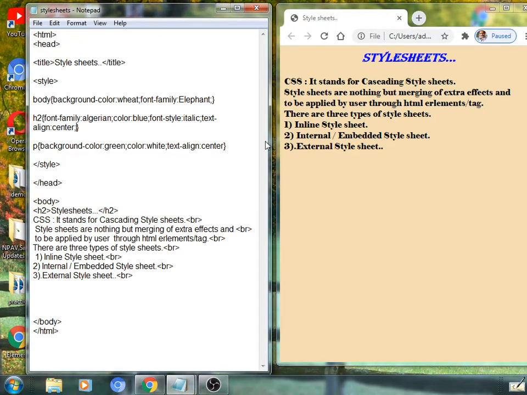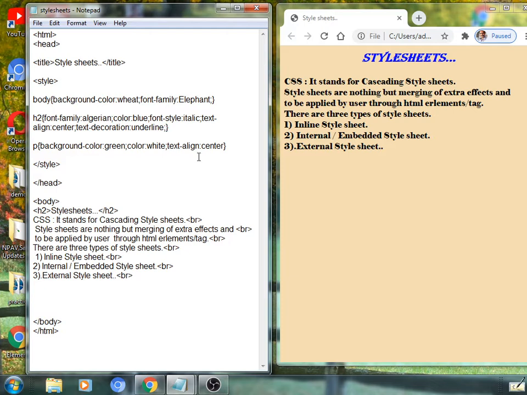See here, text hyphen decoration. 3 more values are there: line through, underline, and overline, like this. So first I would like to apply underline.